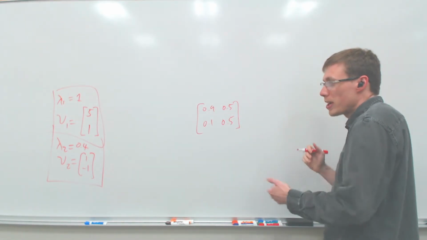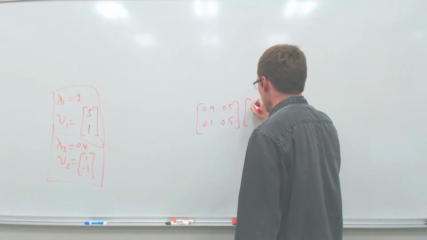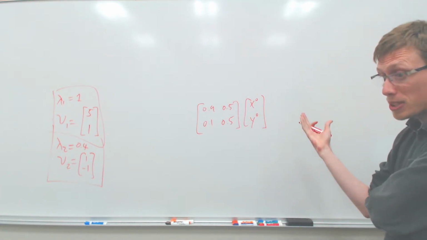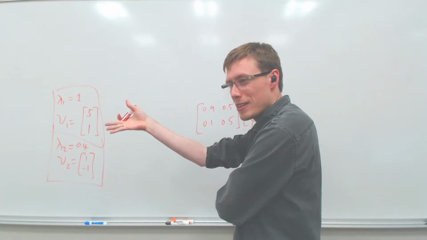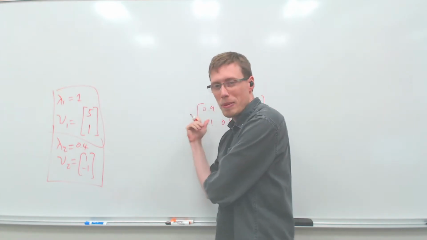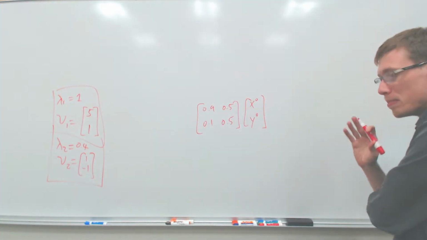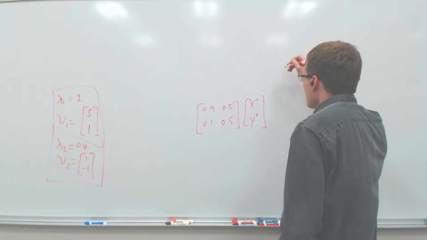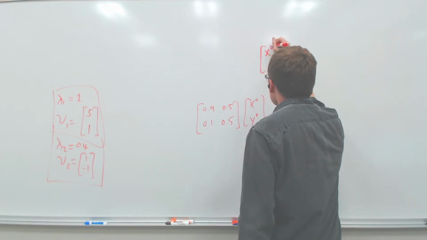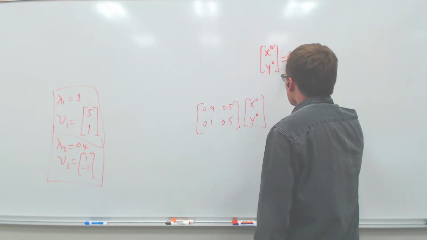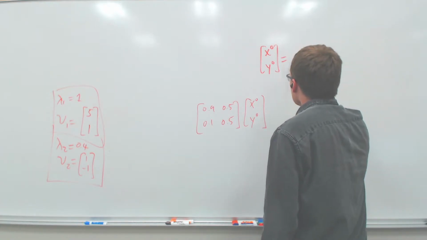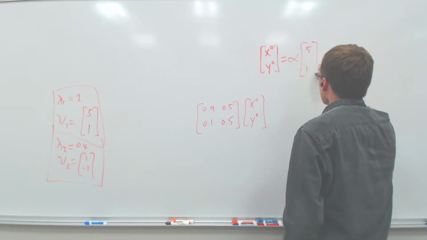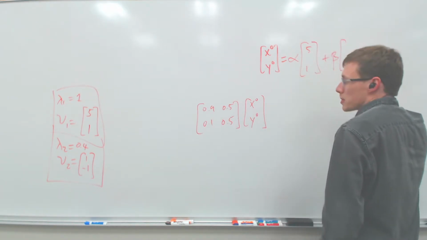But unfortunately, we don't have one of the eigenvectors. We have whatever x0, y0 are. And unless we happen to get very lucky and start in the direction of an eigenvector, we're going to be out of luck. Not so fast. We can do a little trick here. The trick is very simple. We can say that x0, y0 is equal to, say, alpha times our first eigenvector plus beta times our second eigenvector.